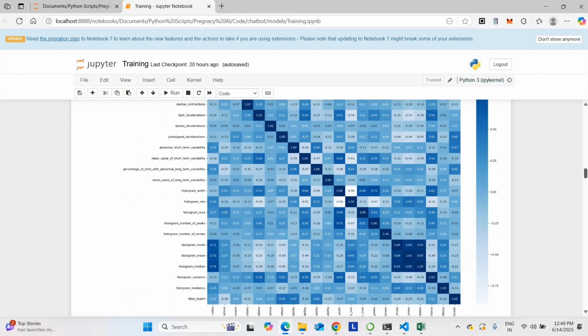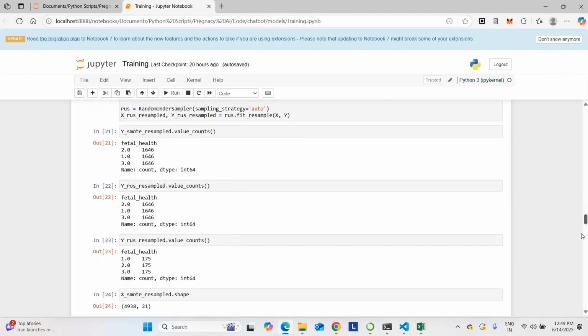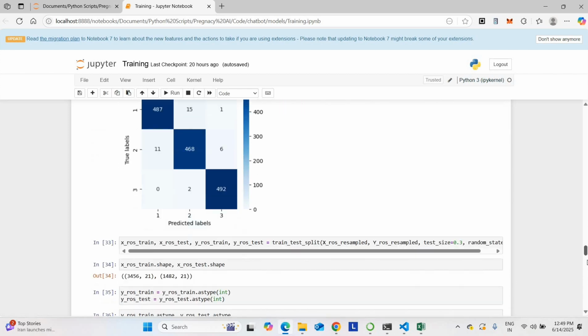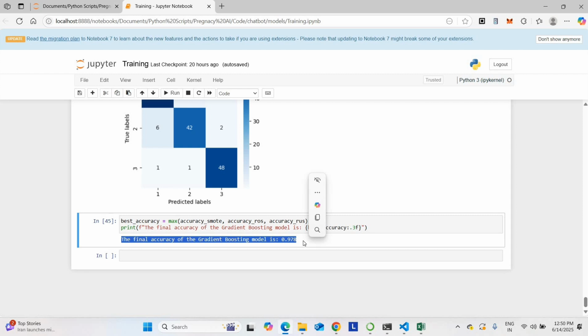So we have performed various operations. This is the seaborn graph, the correlation heat map graph. Then directly you can go for the confusion matrix. This is the confusion matrix of the project. So you can get the accuracy over here. The final accuracy of the project was 97.8, so you get nearly 98% accuracy. The existing system is 75% accuracy; this is 97% accuracy.